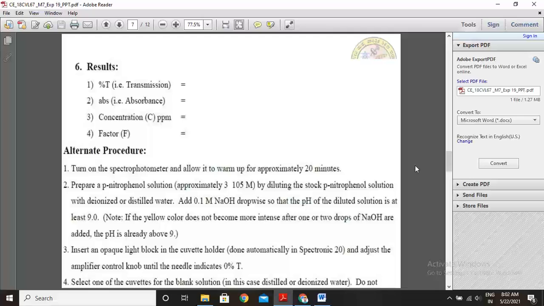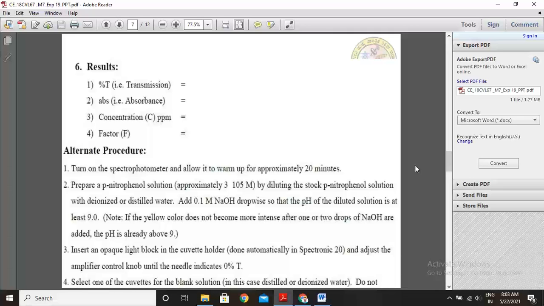Next, prepare p-nitrophenol solutions by diluting the stock p-nitrophenol solution with deionized or distilled water. Add 0.1 molarity sodium hydroxide dropwise so that the pH of the diluted solution is at least 9. Next step, insert an opaque light block into the cuvette holder and adjust the amplifier control knob until the needle indicates 0%